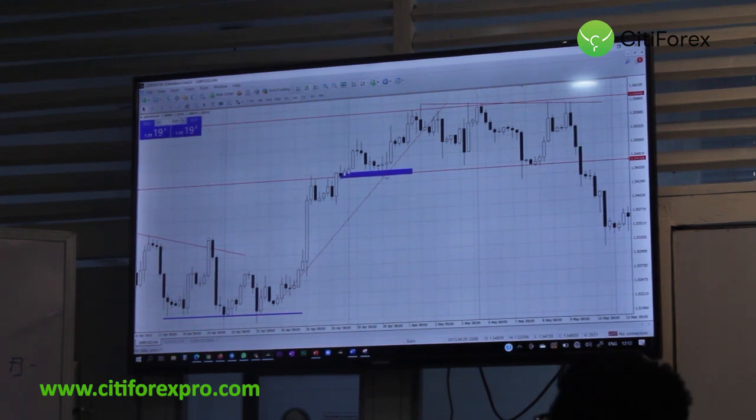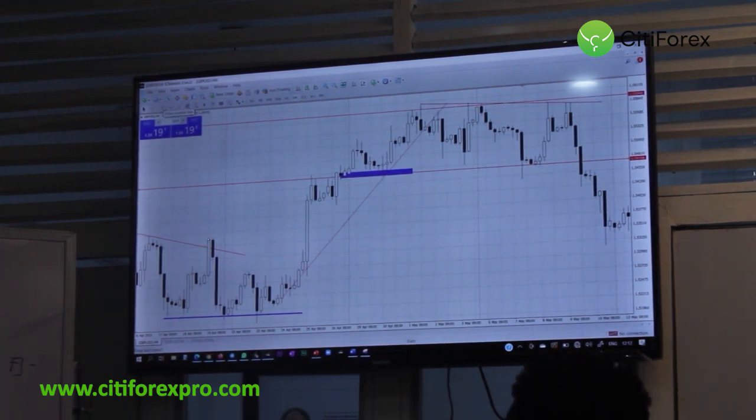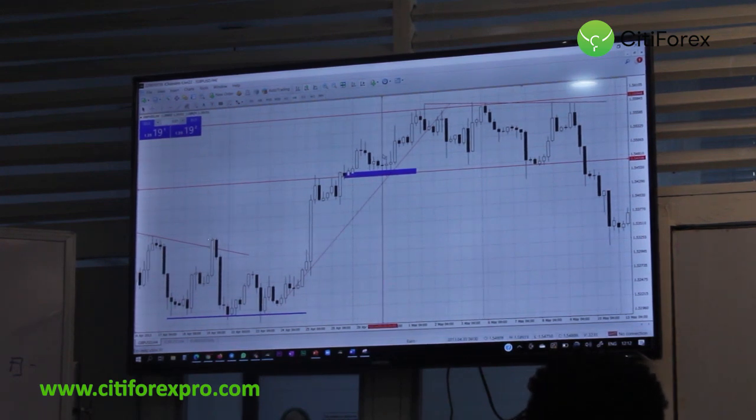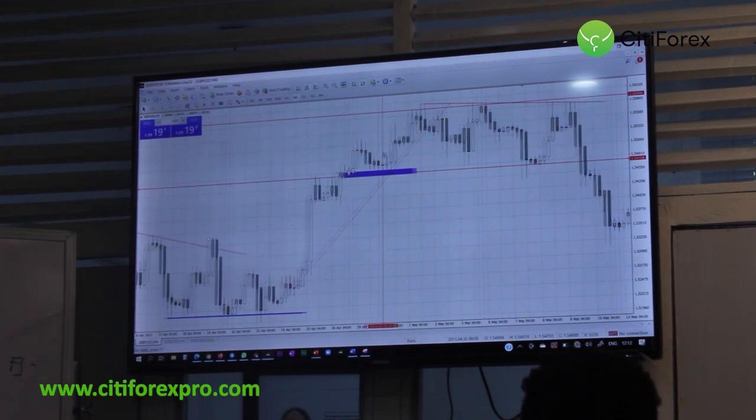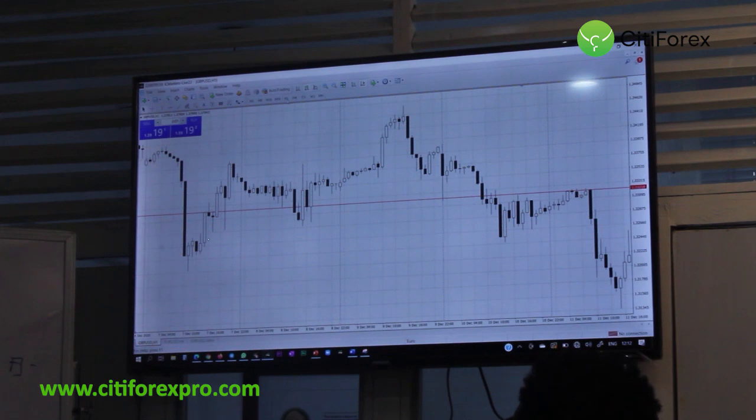It's easier for you to go to the lower time frame right here to look for a structure or look for something that will now tell you how to enter. We have not started talking about entering yet, just about recognizing these things very well. Okay, this is 2013. So H4, we can go to